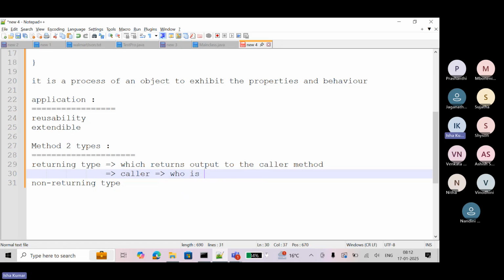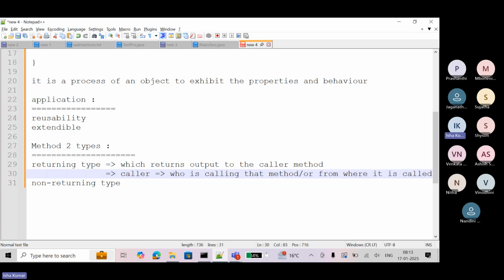Who is caller? Caller means who is calling that method. You can say caller, who is calling that method, or from where it is called, right?